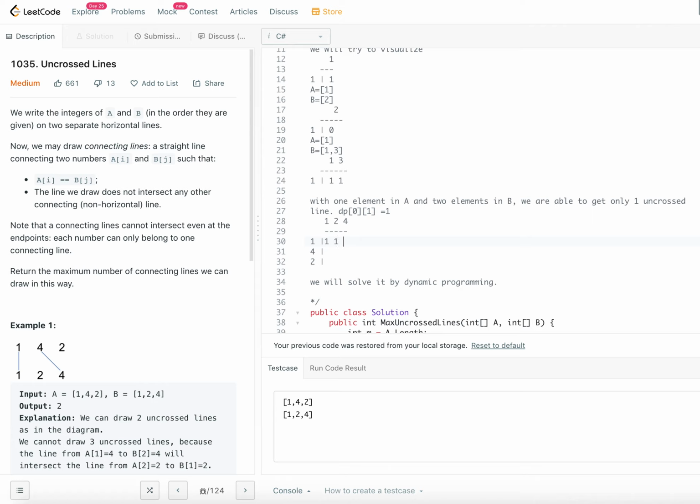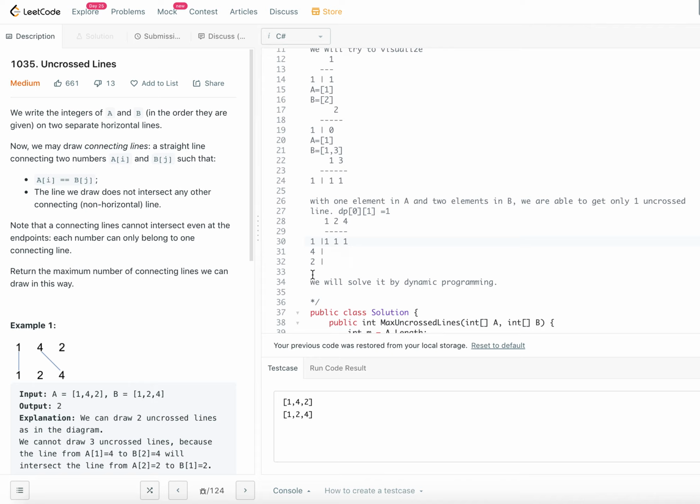Next, moving on. So one element in array A and three elements in array B. So there is only one match that we know we will put. Even though for 2 and 4 it doesn't match, we are still going to put 1, right? So this is an important and tricky point. Why are we putting ones here? We have to see if there is a match previously, right? If there is a match, then we will have to put accordingly.